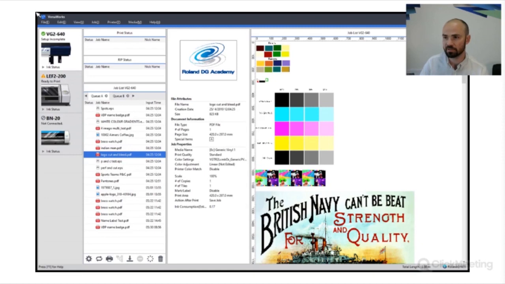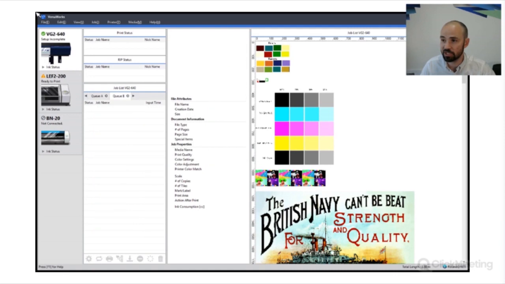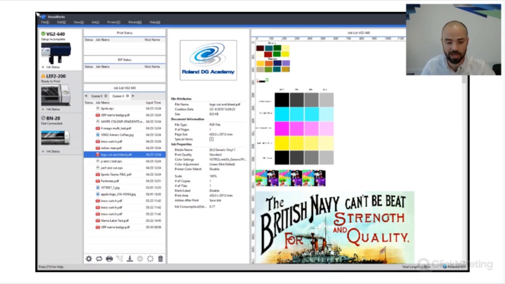You can see that I've got a VG2, an LAF2 and a BN20 installed into my VersaWorks. And if I flick between these queues, I've got 5 different queues. All of my jobs at the moment are in my queue A. The benefit of having these 5 queues is that you can set up each with presets or each for a particular job or a particular file type or whatever it might be. So you can choose to set up or use as many as you want for different processes. Say, for example, you could have one queue for your repeat customers. You could have one queue for all of the jobs that you have that need white ink. Or,